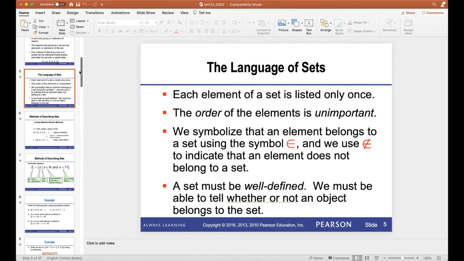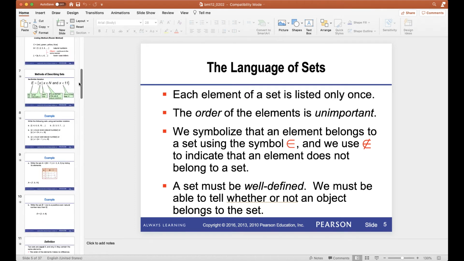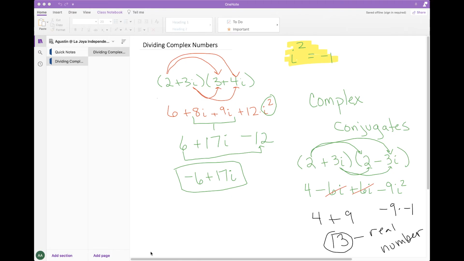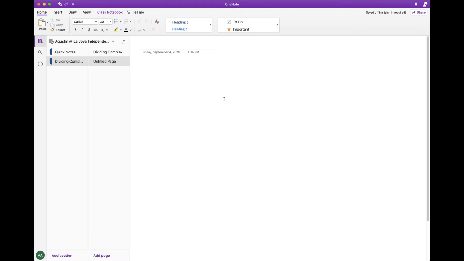Let me see. I'm trying to see if there's an example down the line, but if there isn't, let me show you real quick. Hold on. Let me clear this. Okay, so for example,